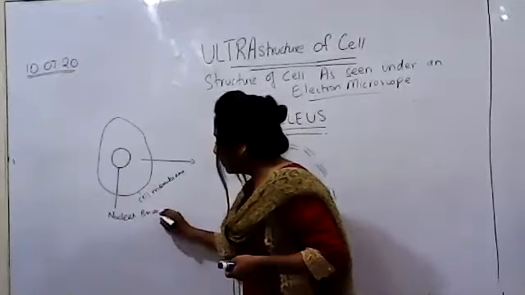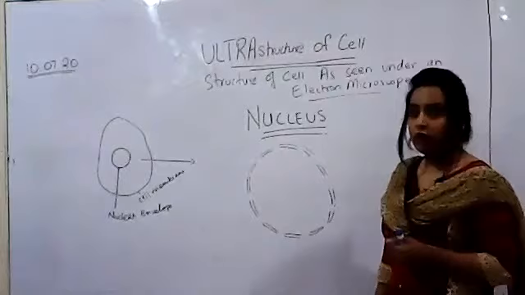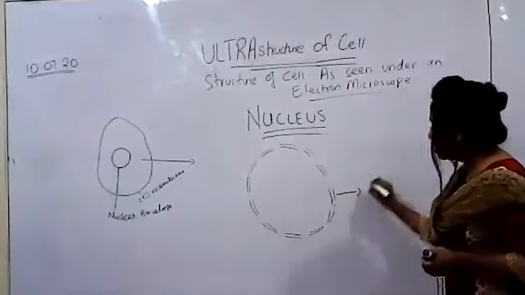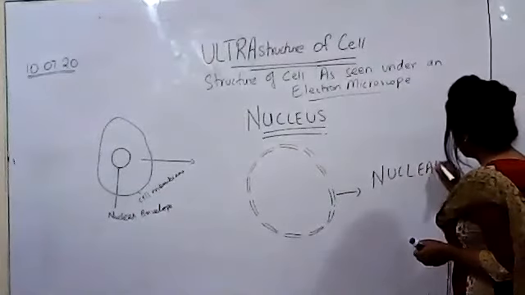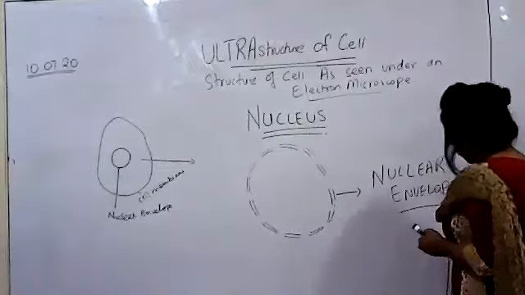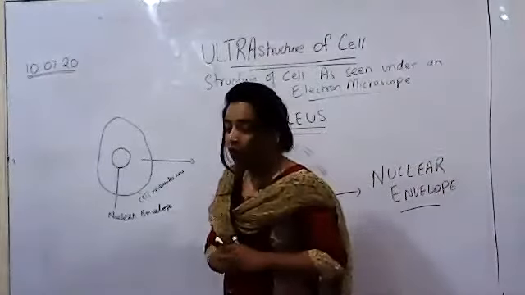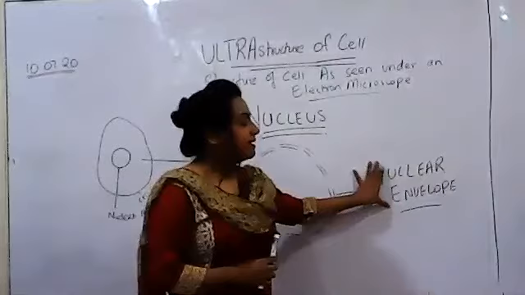Nuclear envelope. So this is the nuclear envelope as seen by the electron microscope, right? So this boundary is called what? Nuclear envelope. Now make a note somewhere on the side. Why am I using the term nuclear envelope? Why am I not calling it nuclear membrane? I'm not writing nuclear membrane, right? I'm writing nuclear envelope. In some books, when you were studying it earlier, it said nuclear membrane as well.